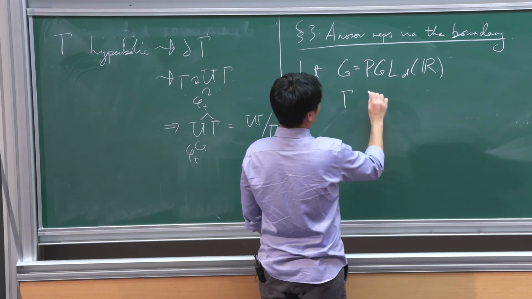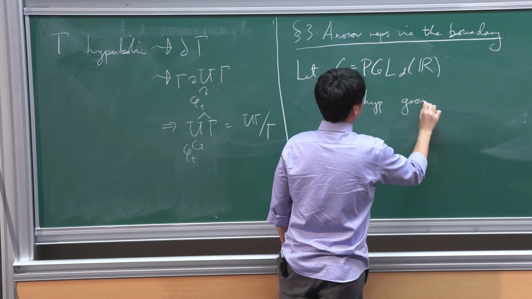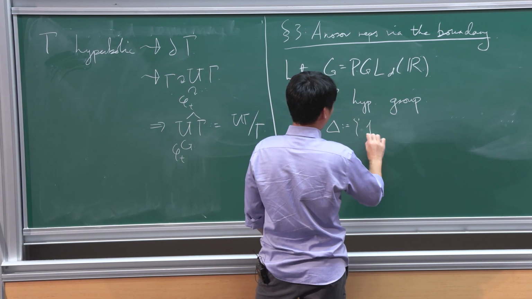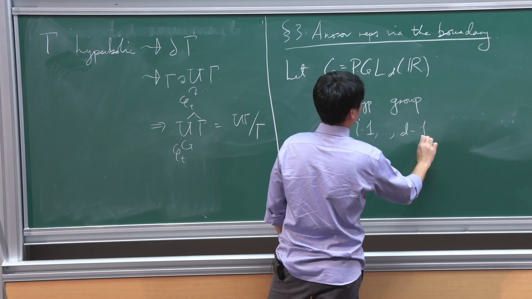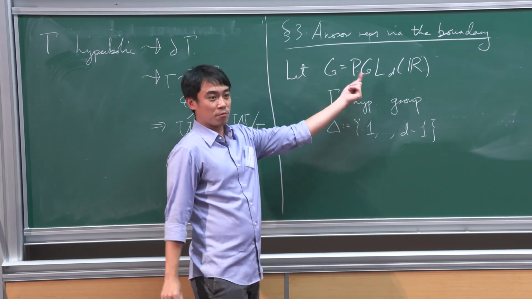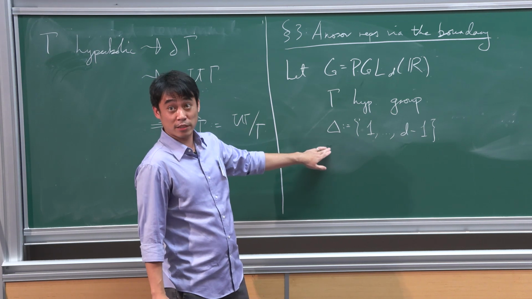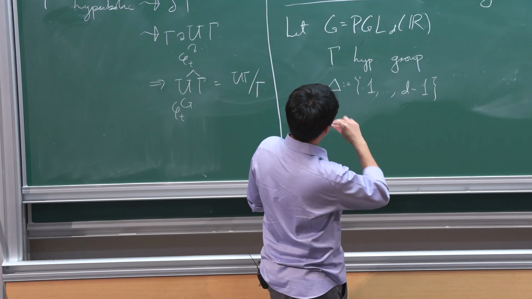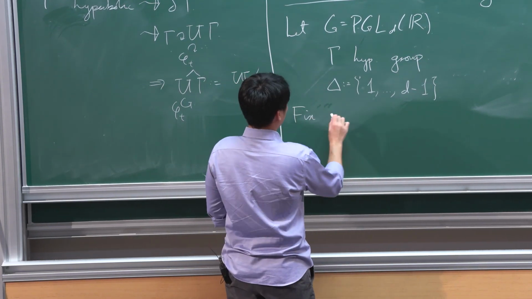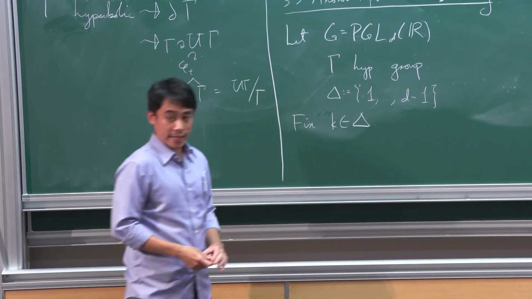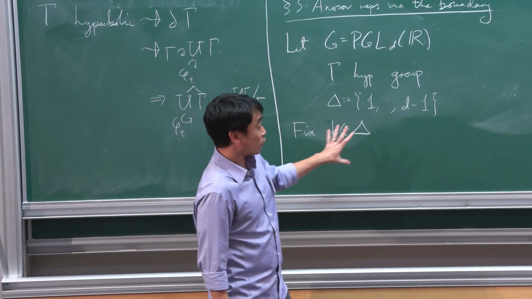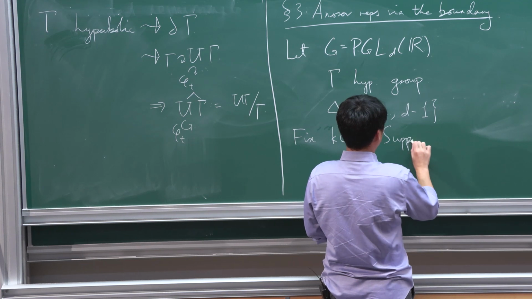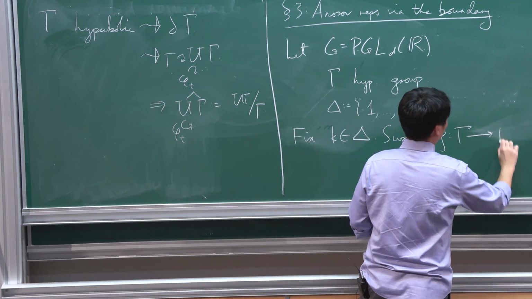Gamma is going to be my hyperbolic group as usual. Let delta be the set of integers from 1 to d minus 1. So d minus 1 here is the rank of the Lie group. Secretly, these are the restricted simple roots of my Lie group, but for this purpose, I just think of them as integers. Now I'm going to fix some integer k in delta. What I'm going to do next might seem a little bit unnatural, but just bear with me for now. I'm going to suppose that I have a representation rho from gamma to PGL_d(R)